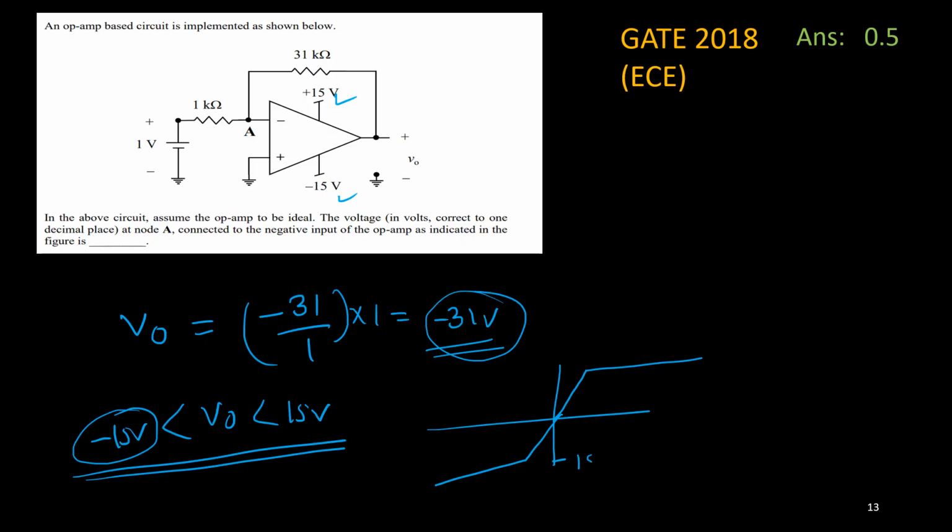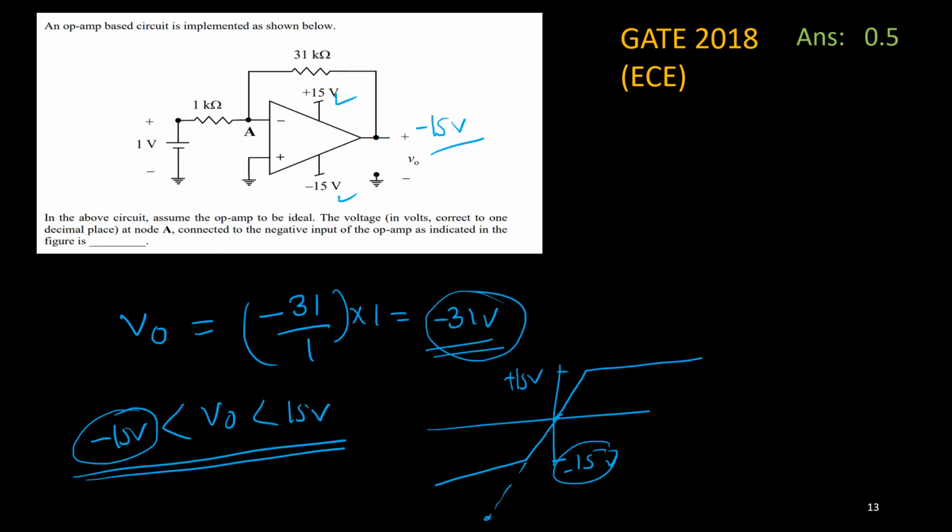So this potential is minus 15 volt, and this is your plus 15 volt. So output voltage will be fixed at minus 15 volt in this case. It cannot go beyond that negative side. Though in our previous knowledge, we can expect that output voltage will be minus 31 volt, it is going beyond that minus 15 volt level. So it is saturated. It cannot attain minus 31; it will attain only minus 15 volt here.